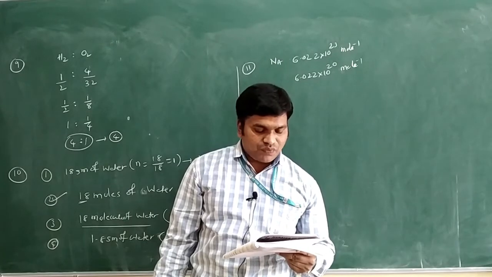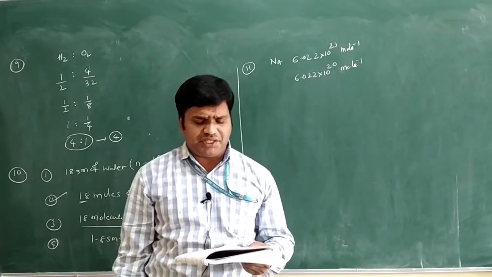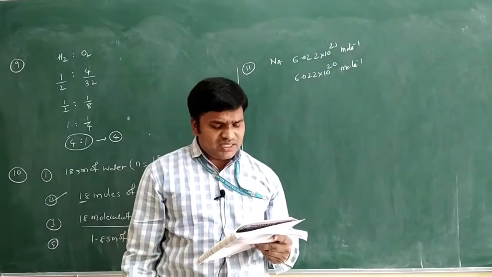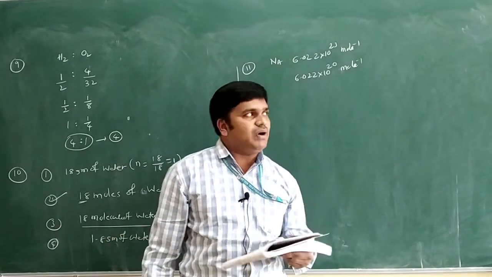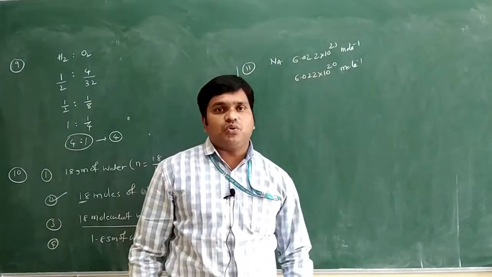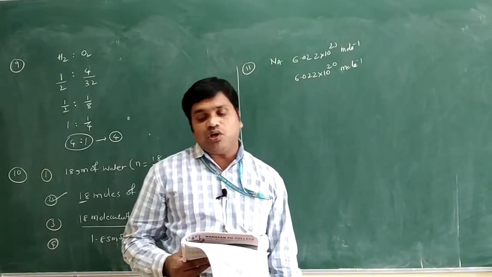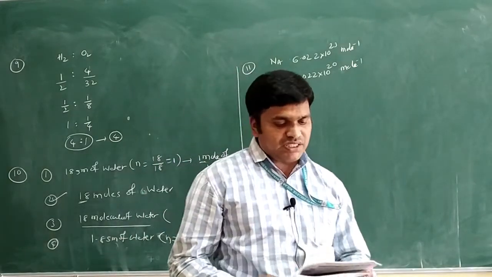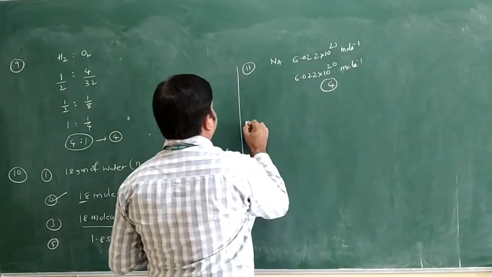The third is the definition of mass in unit grams only, a physical quantity. And the fourth one you can see is the mass of 1 mole in grams only. The value will change, 10 power minus 3, from 10 power 23 to 10 power 20. What answer will you take? The mass of 1 mole in grams is the answer for this one. We can take option 4 for this question only.